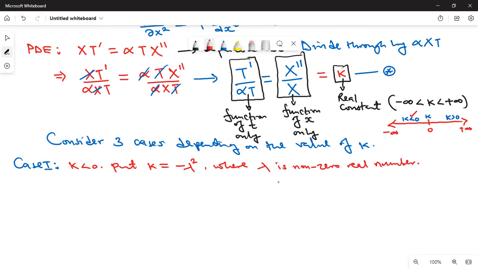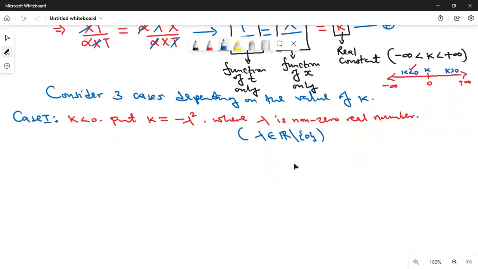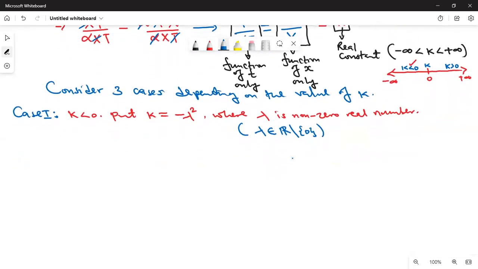So non-zero, this can be written as lambda belongs to the set of real numbers, but we exclude the set containing 0. That's how we can write it. So that means lambda is a non-zero real number. So if that is the case, then equation star now becomes